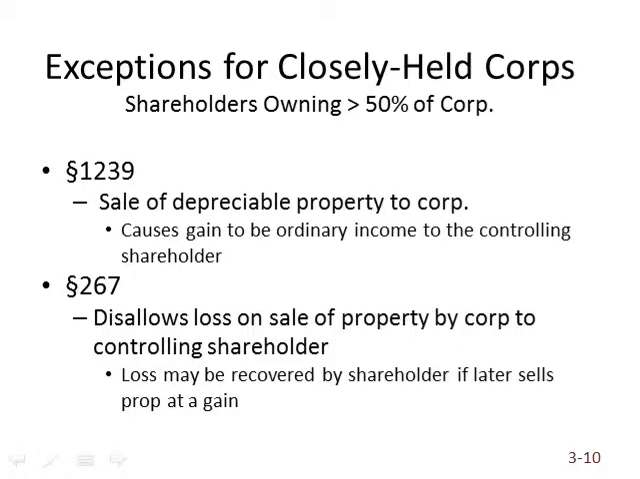So now let's look at some exceptions for closely held corporations. And when we talk about what a closely held corporation is, it really is where you have a controlling shareholder, which we define as one who owns more than 50% in value of the corporation's stock. In determining whether a shareholder owns more than 50% of the corporation's stock, we have certain constructive stock ownership rules